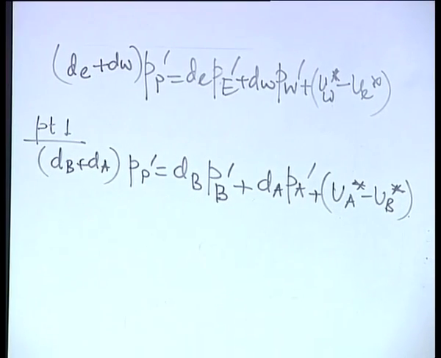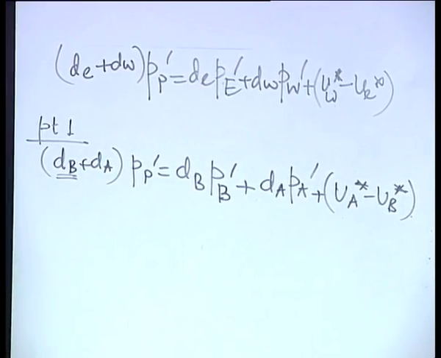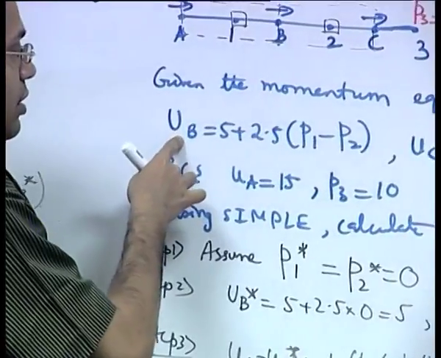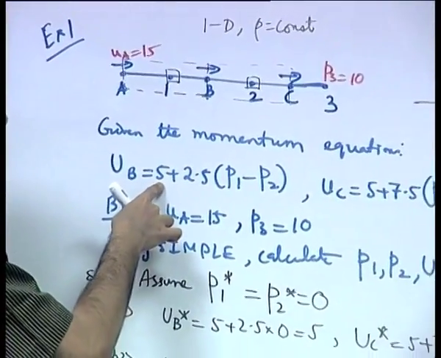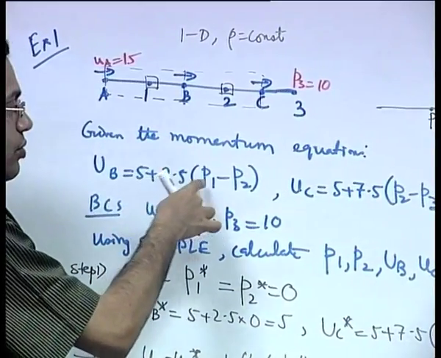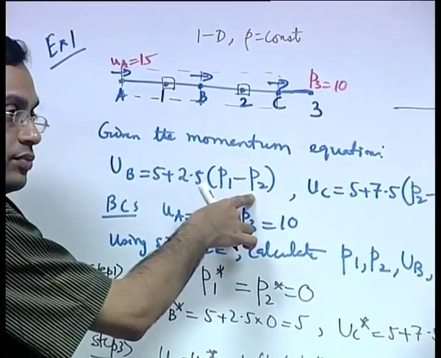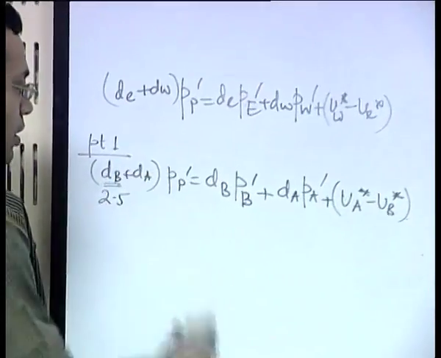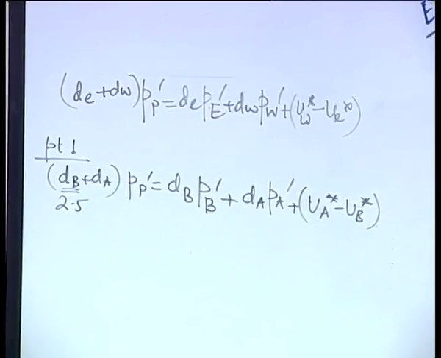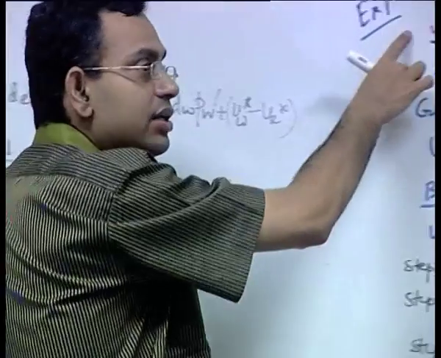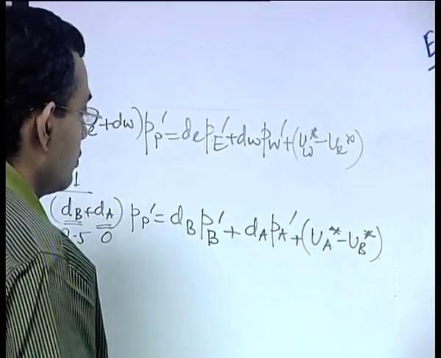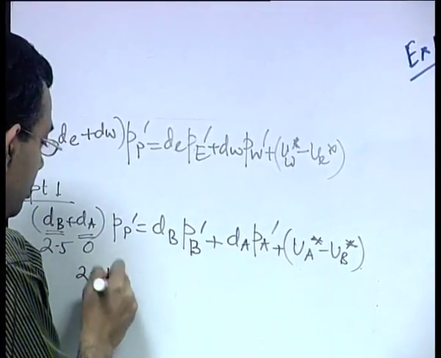What is dB? What is the value of dB? What is the momentum equation given? It is of the form ub equal to ub star plus dB into P1 minus P2. So, dB is 2.5. What is dA? dA is 0 because ua is given. So, 2.5 pp prime